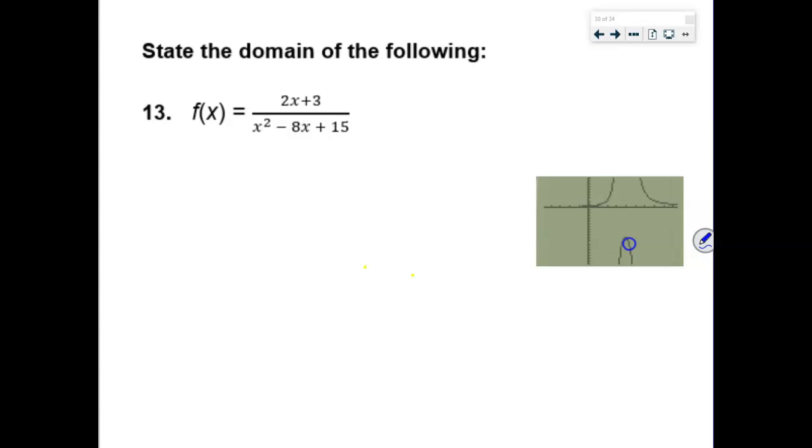You don't have to know what it looks like, but from that picture, can you tell that there's some definite interruptions to the domain? Something weird happens somewhere and somewhere else in that problem. Just to give you a little insight, this branch of the rational function goes up like this and out like this, and it approaches what's called a vertical asymptote. It has a discontinuity at the vertical asymptote, and then it picks up down here,